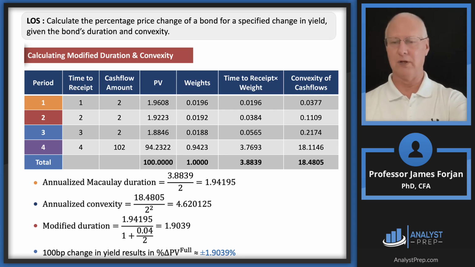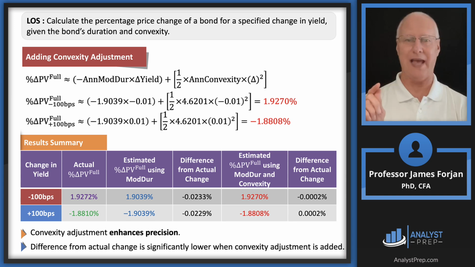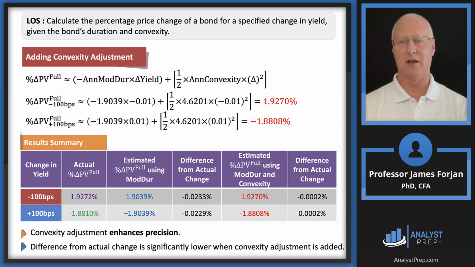There in blue, that's the linearity of the relationship, right? So we add the convexity adjustment, and then we get 1.972 and 1.8808. So what we've done in this results summary table is show you how much more accurate using duration and